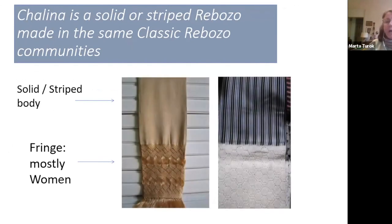A chalina would be a solid or striped rebozo made in the same communities without the ikat. And one of the things that I noticed a few years back, maybe 10 years ago, was that they were selling these shawls, these solid rebozos, more expensive than an ikat rebozo. And I spoke to the community, to Tenancingo. I said, we have a problem here